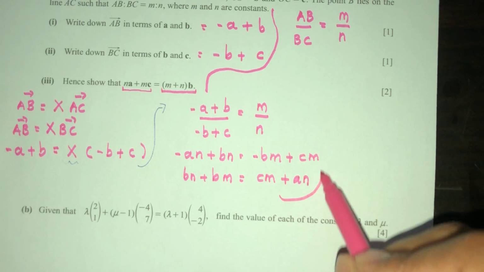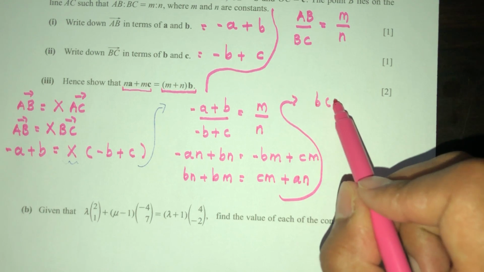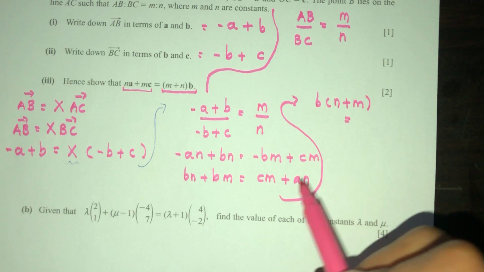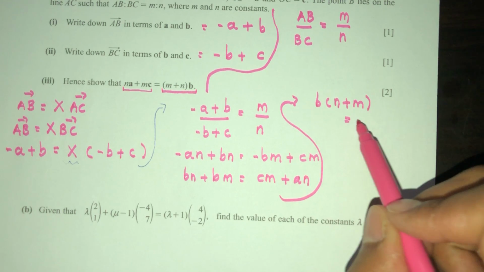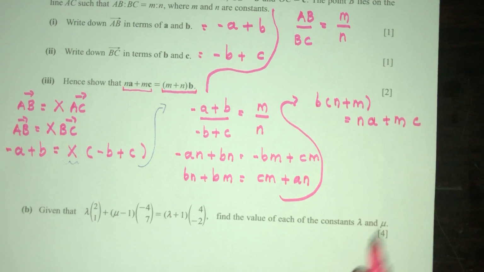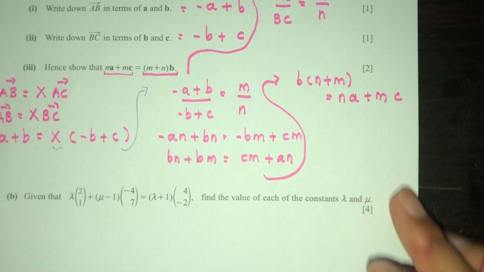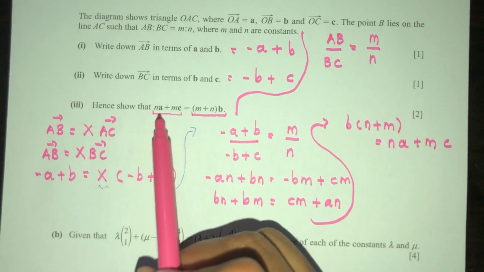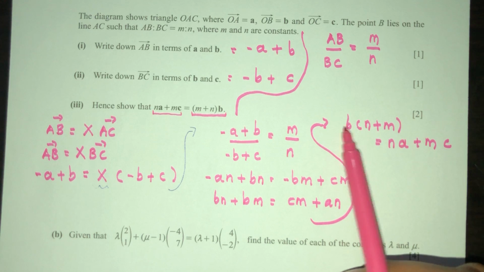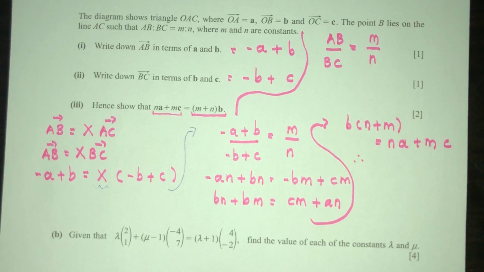Now simplify, let me send this on top. You will have factorized b, you have b outside, n plus m is equal to, let's put n in the beginning, you will have na plus mc. So basically now we just have to rearrange, because na plus mc is equal to this times this, so it is the same thing, right? So this is equal to this, so you can say hence, finally we have found that